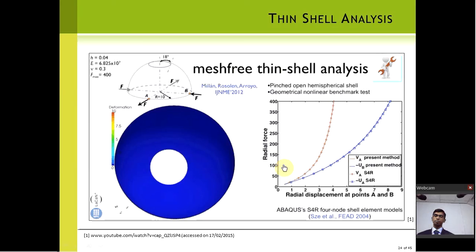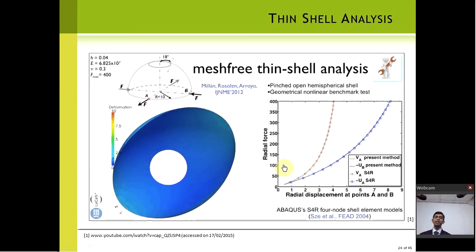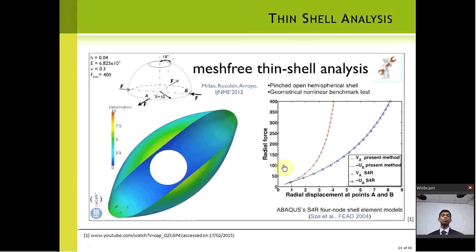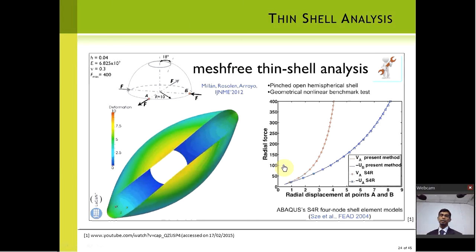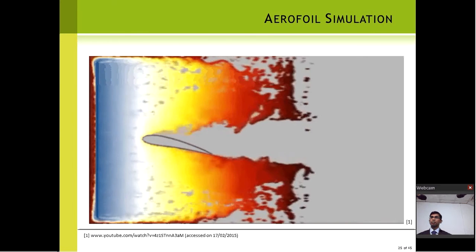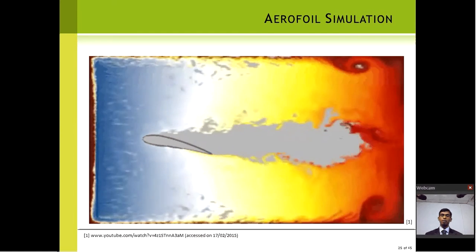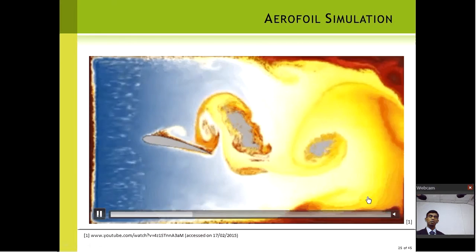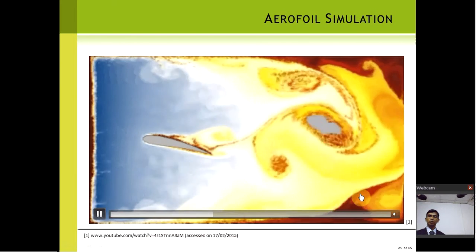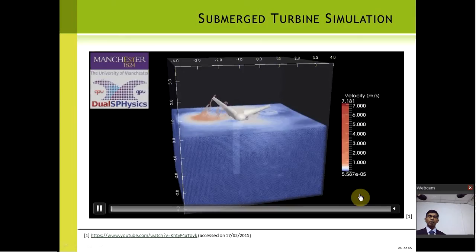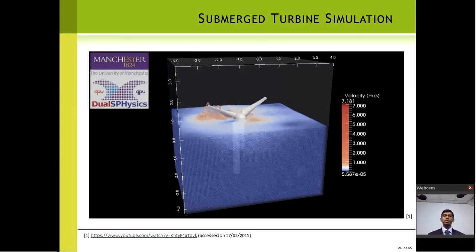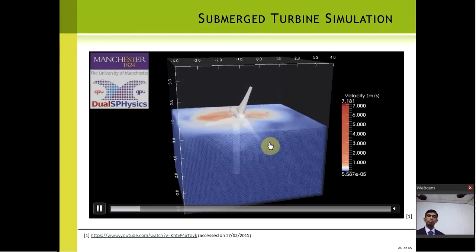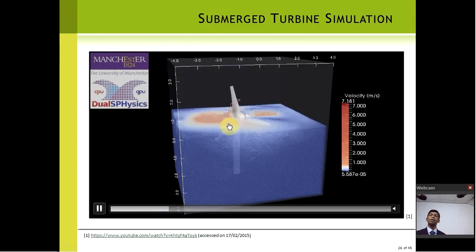And not only fluids, Meshfree methods are being used to simulate solids, like extreme deformation of thin sheets or material. In this case, they simulated that one. And aerofoils, that is being done. We can see the wake flow, attached flow, mixed flow, all that for different viscosities. People have modeled them using Meshfree methods. Turbines, you can see. In CFD or FEM, you will find it so hard to simulate how the fluid comes out, this detachment.